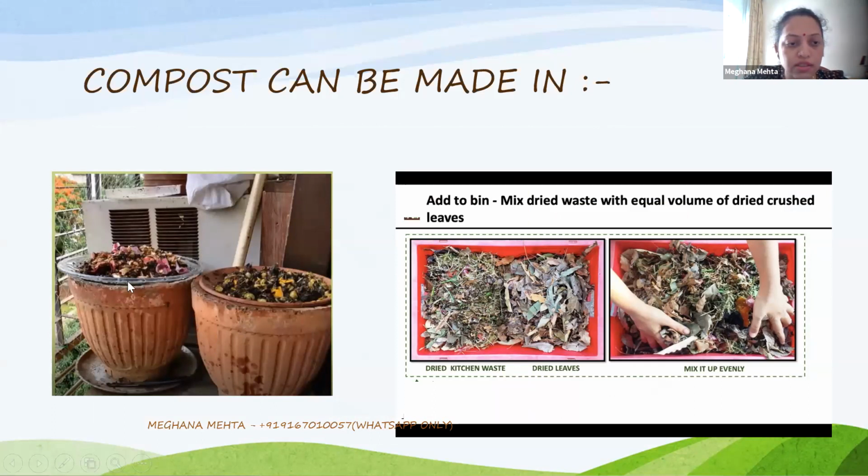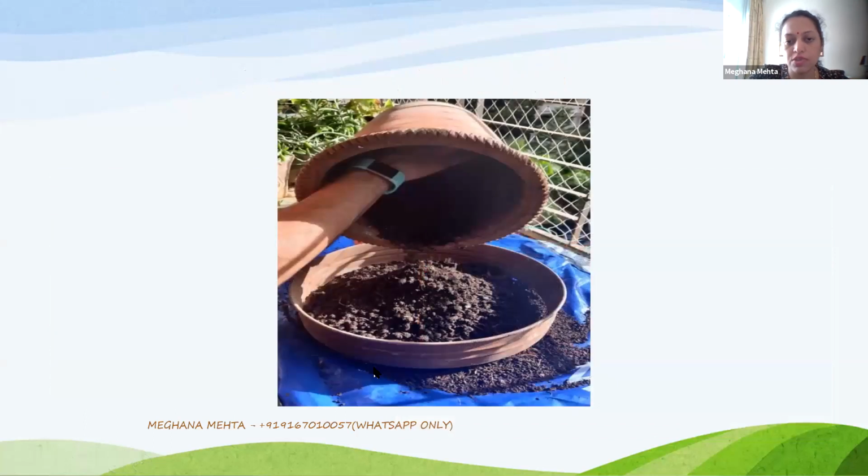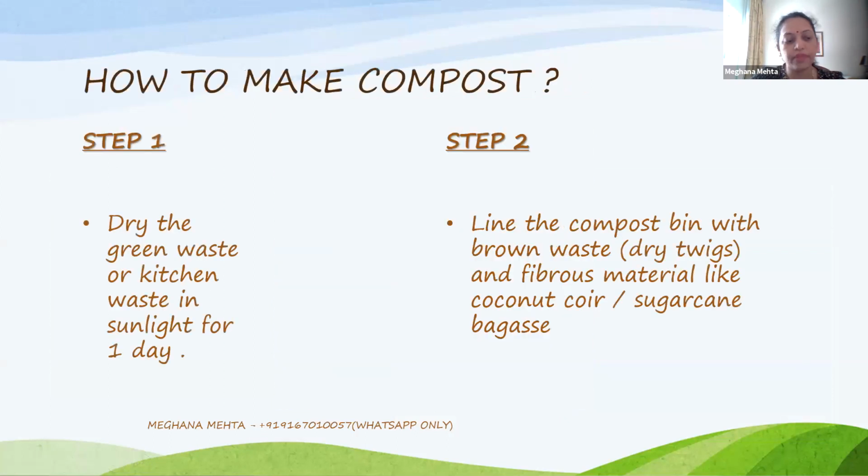On the top of the pots, if you notice, this is a dish kept to dry out the greens and browns, or the greens to convert into browns also. They are flower petals, etc., the waste that we generate in the house. Now, this is the last process. After the compost is made, then we need to sieve it. As I explain the procedure, you will be able to see.